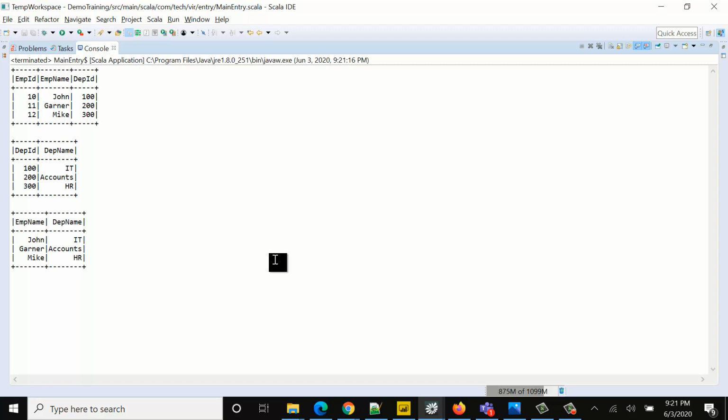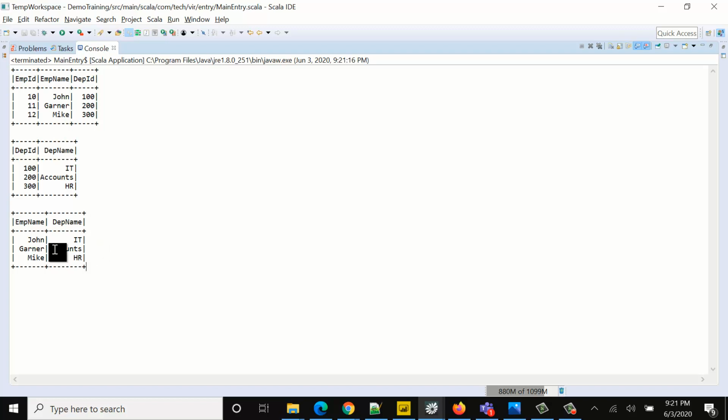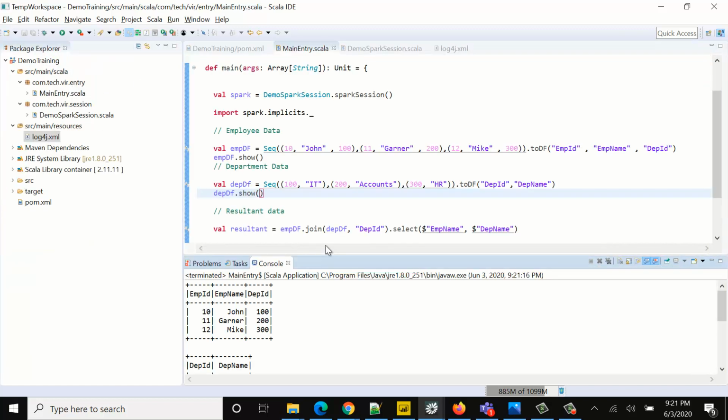And yes, so this is our employee data, right? This is our department data. Then we simply join the two data frames, and this is my resultant data frame with two columns, employee name and department name, right? So this is how you can do a setup of your Spark Scala application with Eclipse